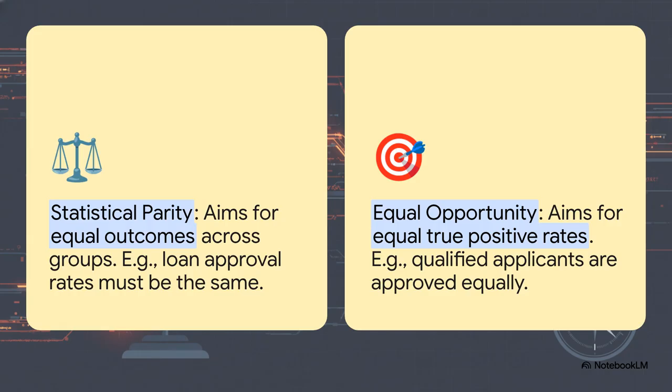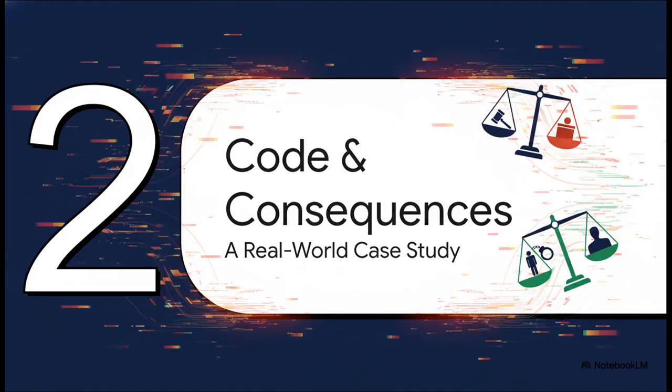So think about that loan application. If you go for statistical parity, you're basically saying, hey, let's make sure every group gets the same percentage of loans. But that might mean giving loans to people who aren't really qualified just to hit the numbers. On the other hand, if you go for equal opportunity, you might just reinforce old problems where some groups have always had a harder time getting approved. It's a total catch-22. Making things fair in one way can make them less fair in another. And look, this isn't just some academic thought experiment. This stuff has real-world consequences. Let's look at a case study from the criminal justice system where this exact problem had, well, devastating effects.